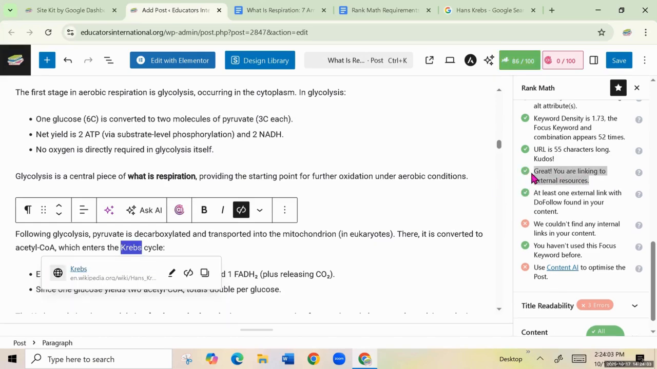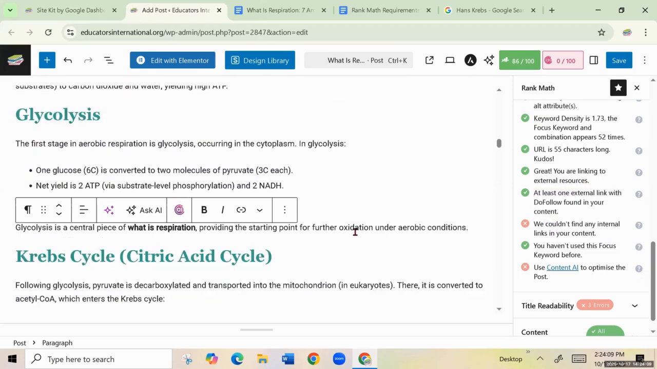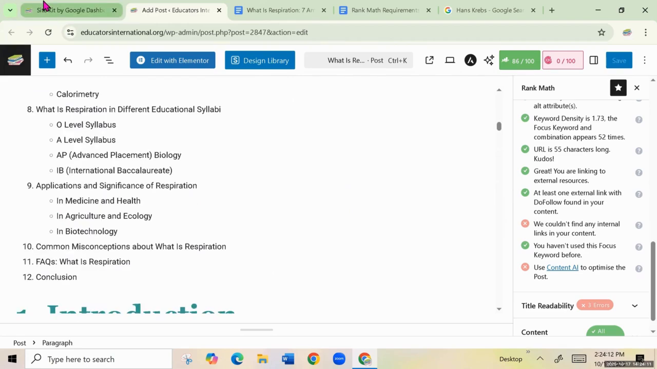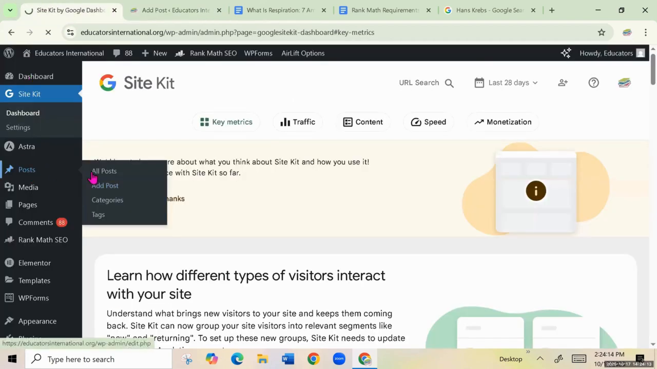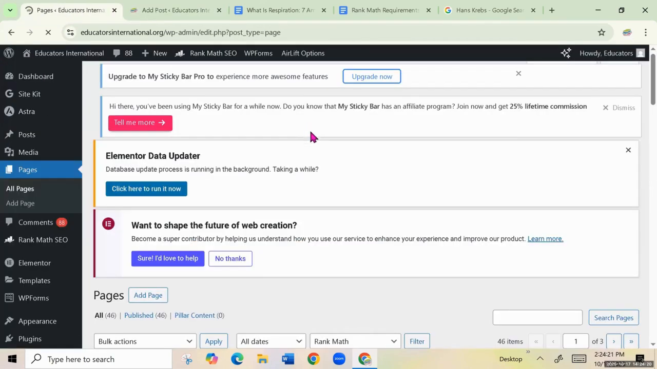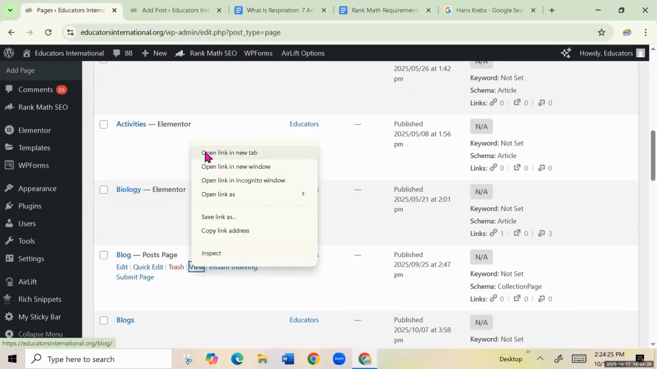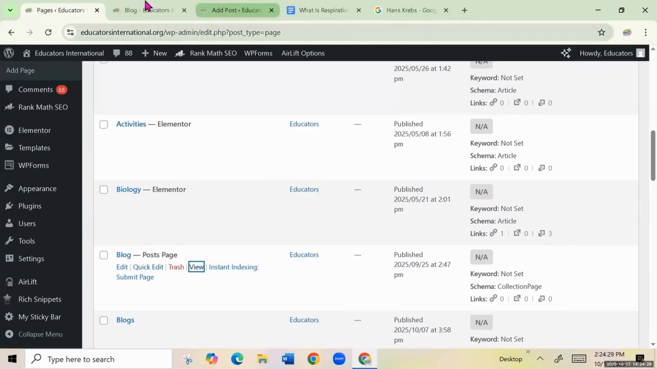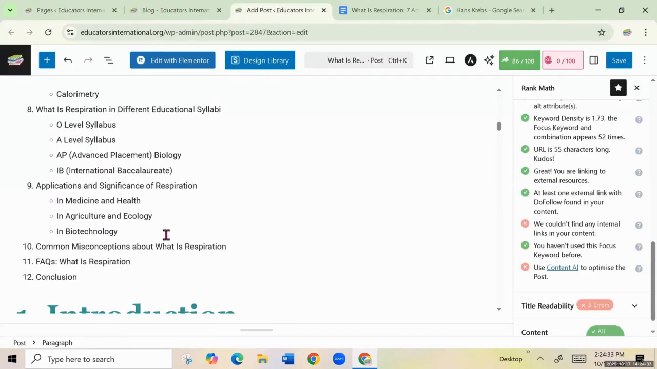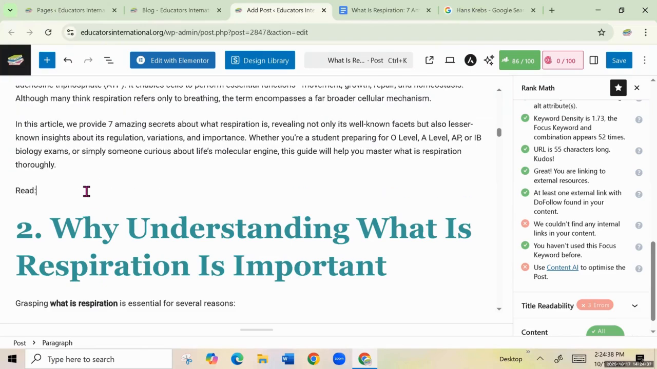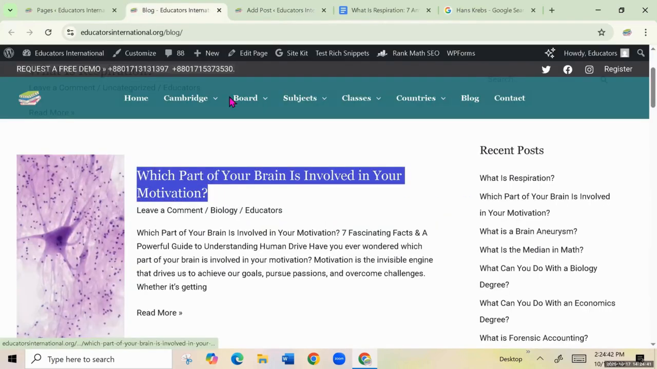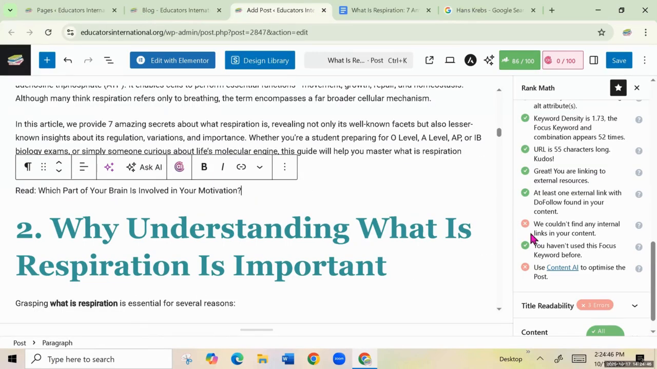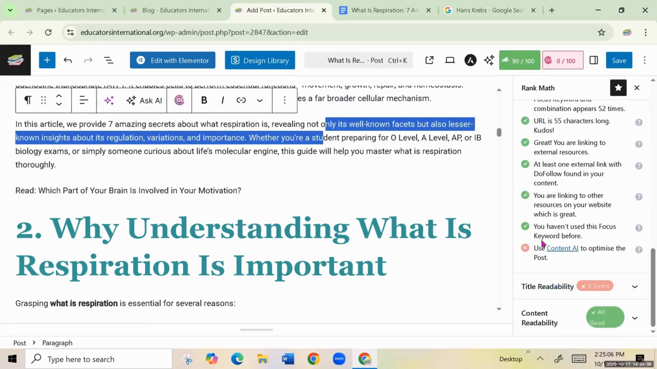Now both the requirements of adding a new follow link and an external link have been fulfilled, and the score has become 86. Now we have to add internal links, which means the link of another page or pages from our own website. If you have more blog posts, you can add their link, which is what I'm going to do. If you copy it like this, the link will be automatically copied along with the title, which I'm going to